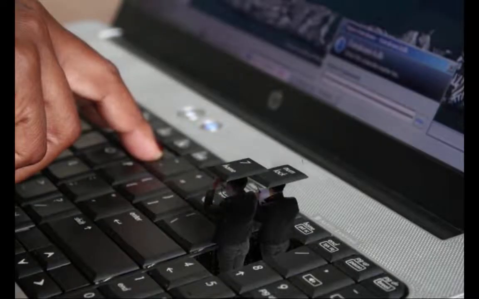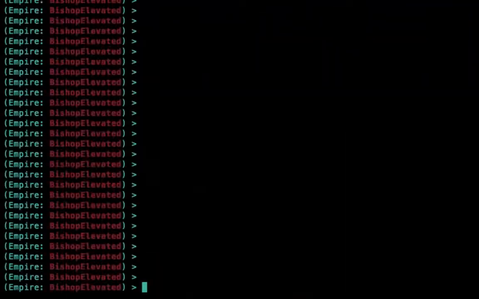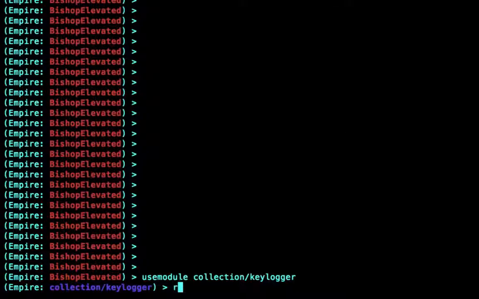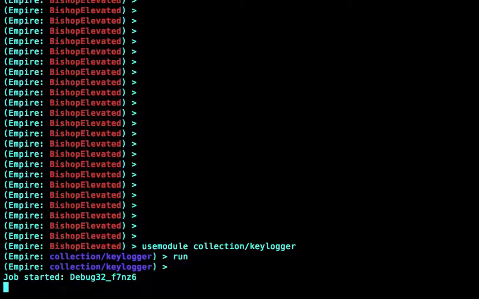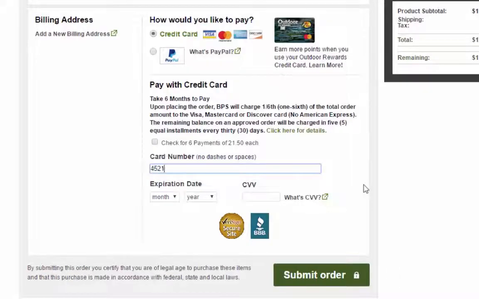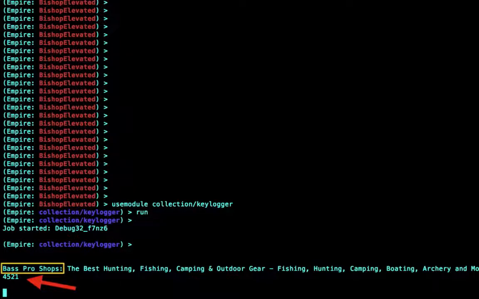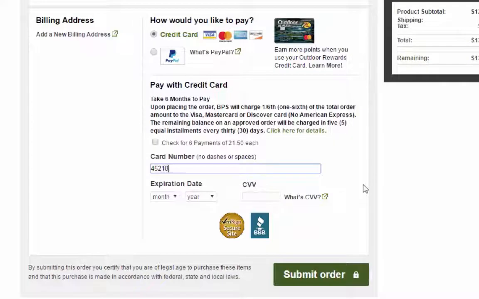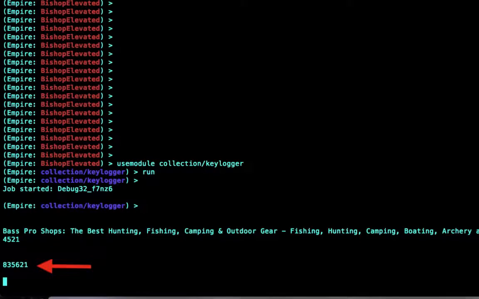As we have in the past, the first thing we want to do is install a keystroke recorder. That way we can steal any credentials to other resources that Matt accesses, and maybe some of his financial information as well. Meanwhile, back on Matt's computer, Matt's busy buying something, and it tells us that it's from Bass Pro Shops. And he enters his credit card information, and we can easily steal those numbers